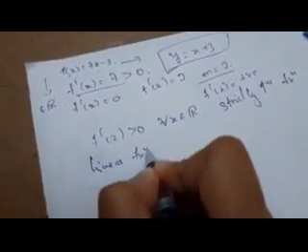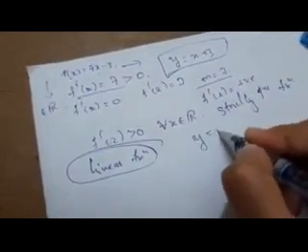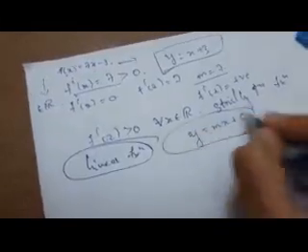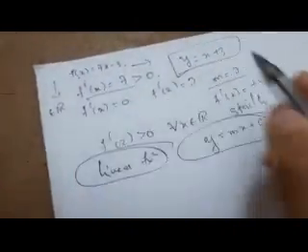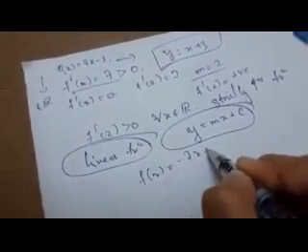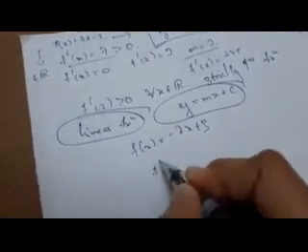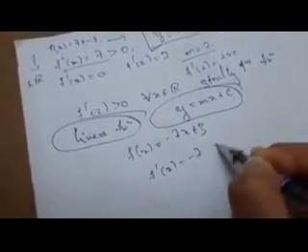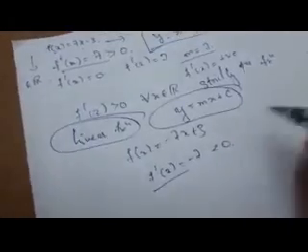When it comes to the linear function, we can deal with it in a similar way, since we have the idea of the straight line concept that we learned in class 11, that is the slope intercept form, y is equal to mx plus c. With this idea we can say whether the slope is positive or negative. Or else, suppose there was a question f of x is equal to minus 7x plus 3, what happens? f dash of x will be equal to minus 7, which is less than 0. When f dash of x is less than 0, it is a strictly decreasing function.